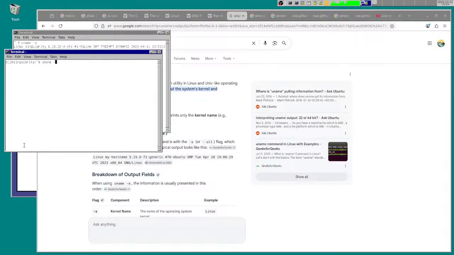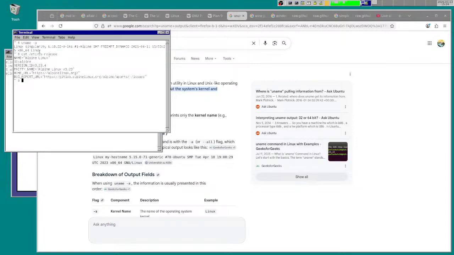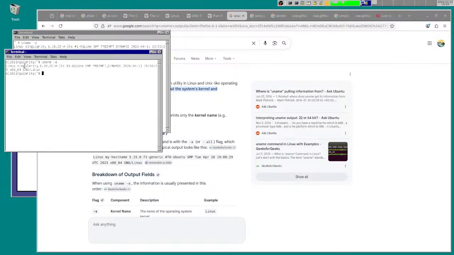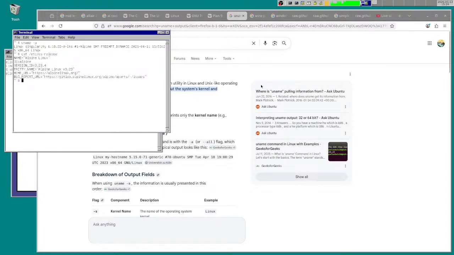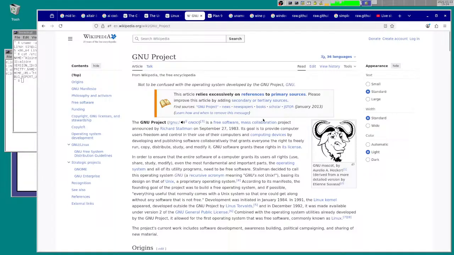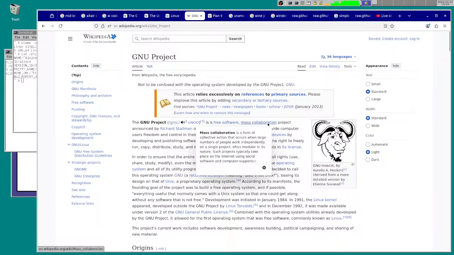See how this says Linux, but it doesn't say GNU Linux. The GNU project is a mass collaboration, which is a good way to describe it.